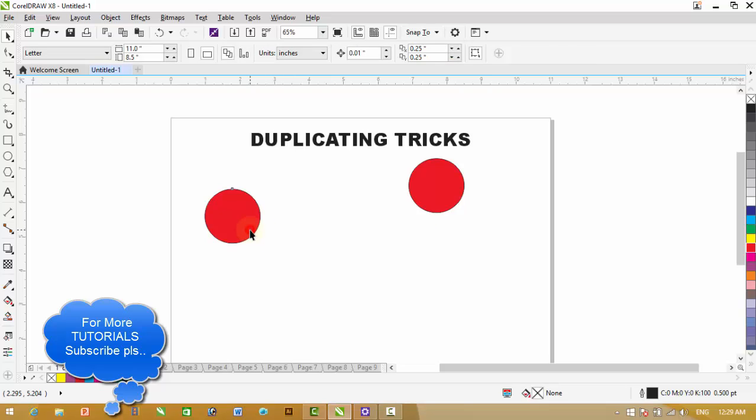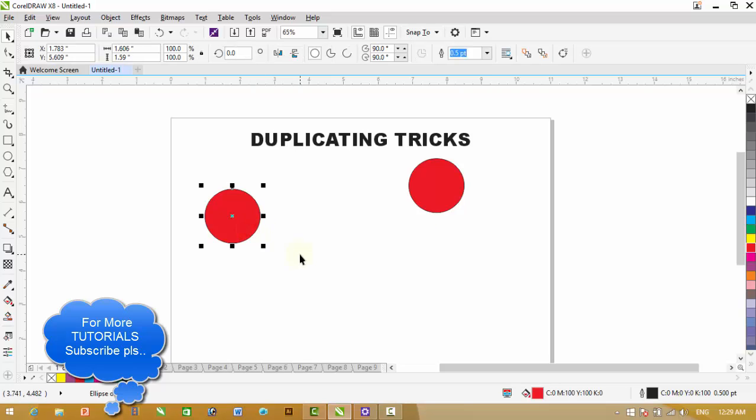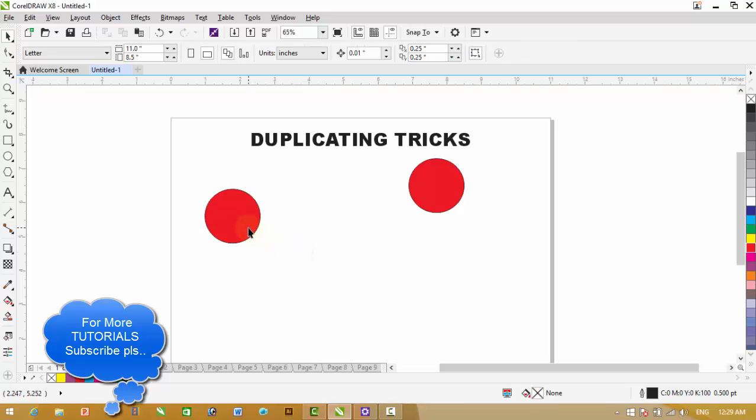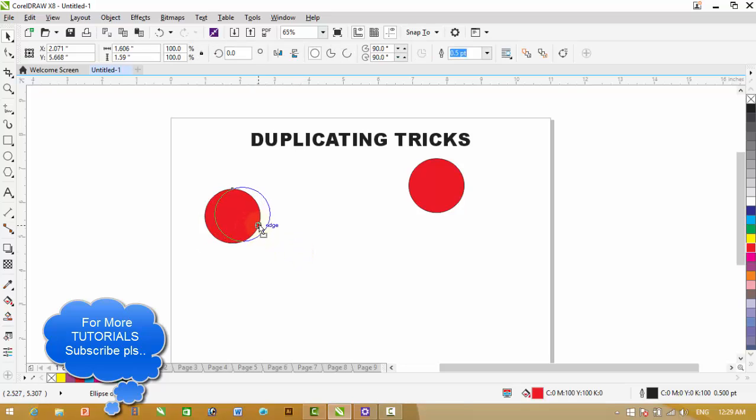For example, I want to create a shape like a moon. Now this command will help me to create it very easily. Now, for example, I want to create a moon like this. I can adjust my shape here, here, here. I want it here, for example.